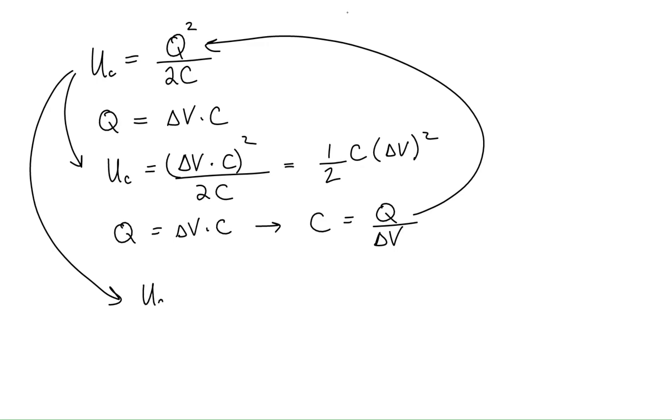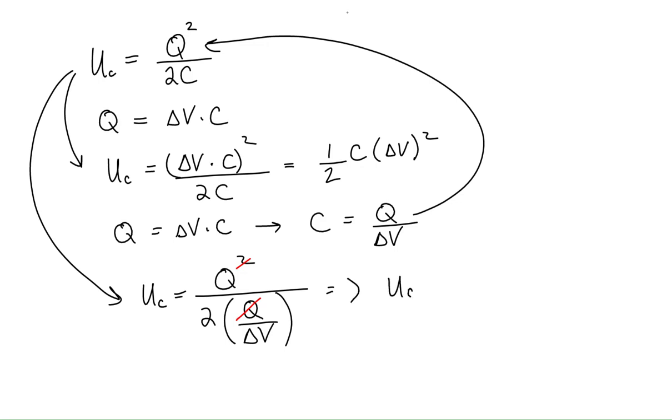So when we do that, in the numerator we have charge squared. In the denominator, we have 2 times the capacitance, which in terms of charge and potential difference is the ratio of the charge per potential difference. A charge in the denominator cancels with the charge in the numerator, and we end up with the potential difference,